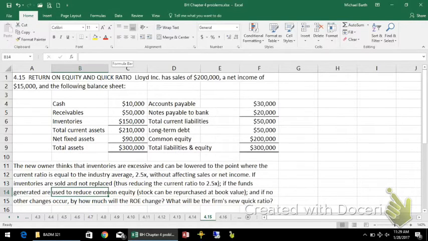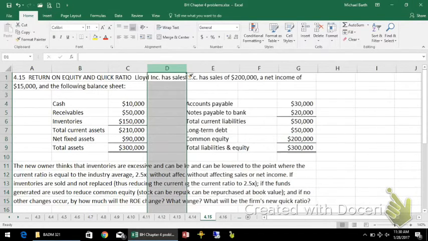The gist of this story is that the firm wants to reduce the inventory number and use the money from reducing the inventory to reduce the common equity. They want to do that up until the point that the new current ratio would be 2.5. And when they do that, they want to know by how much ROE will change and what the new quick ratio will be. A lot of convoluted nonsense in here, but let's